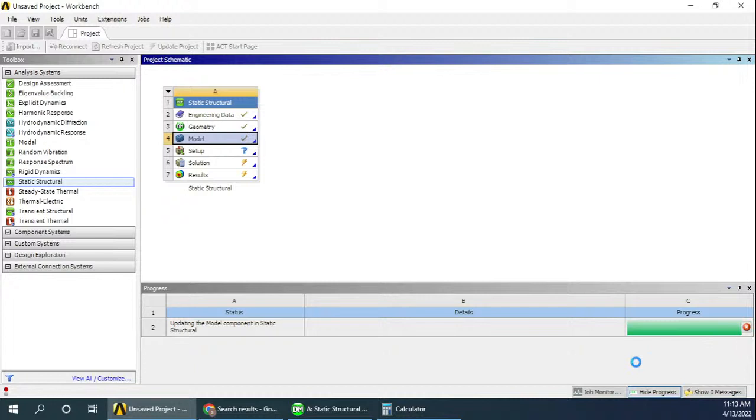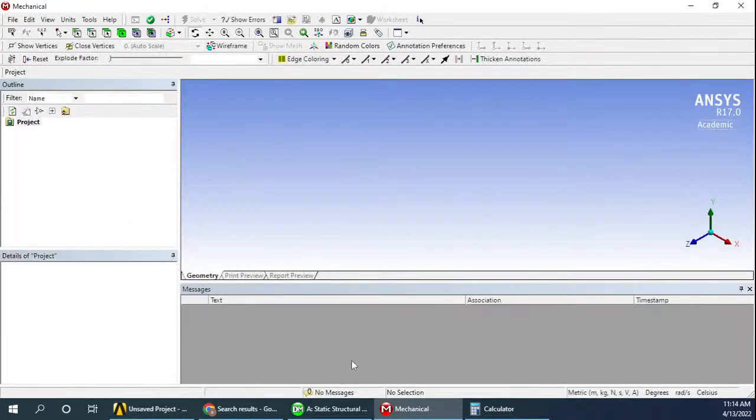It's going to take some time. Okay, once the process is done, you can see there is a green tick mark here in front of model. Double click on the model to open it, and once it opens, that is where we will be applying all the constraints. So if you watch here,